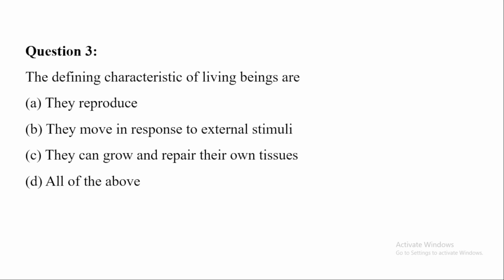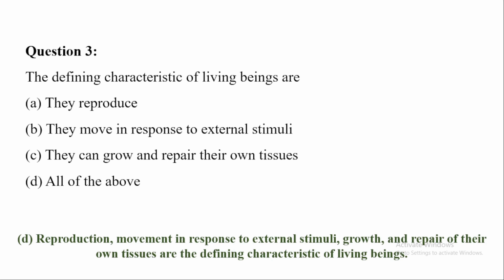Then the third option is they can grow and repair their own tissues. So all living organisms, be they microorganisms, animals, humans, plants, any organism, all living cells basically, can grow and they can repair their own tissues. All cells have a repairing mechanism. When something goes wrong, the cells themselves have evolved such repair mechanisms to repair themselves. Okay, so all of the above is the correct answer, because all the features that are given are characteristics of